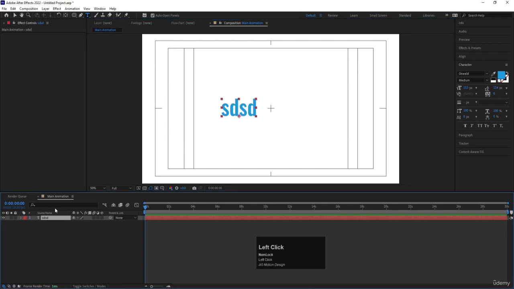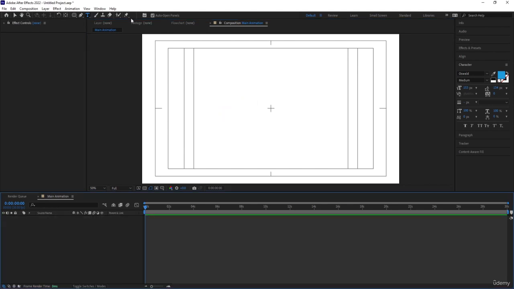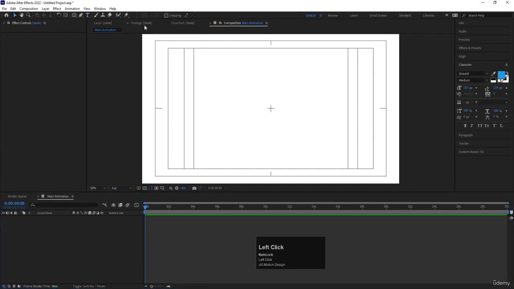Okay, so these are the options provided by the toolbar of After Effects. Obviously there are so many different options like brush tool, the stamp tool, erase tool, this pinpoint, etc, but these options are not much more useful for motion graphics. They are much more useful for matte painting, VFX, and etc. Okay, out of which puppet tool is sometimes useful for motion graphics, but not much more. Obviously we are going to talk about in depth in their specific videos, but right now all you need to understand that After Effects comes with these options as well as these options in the effect and presets